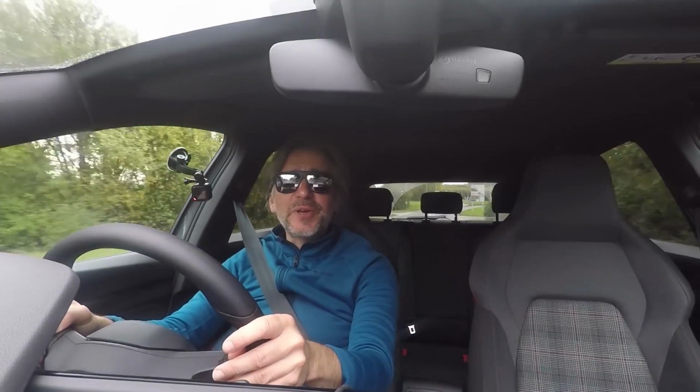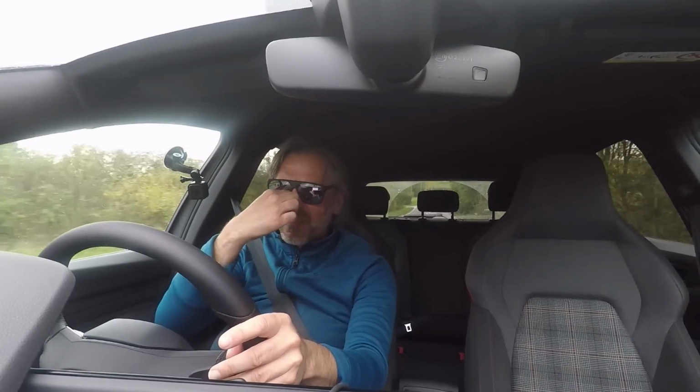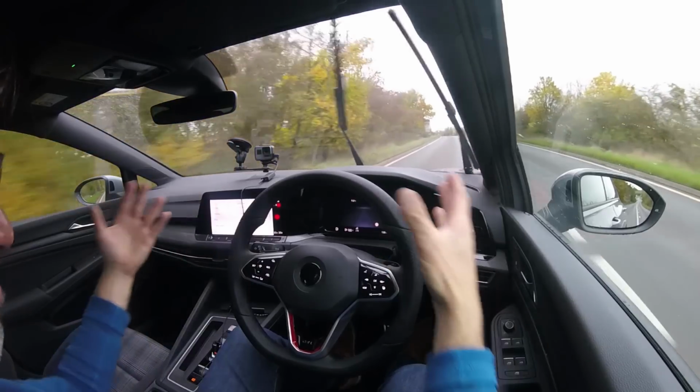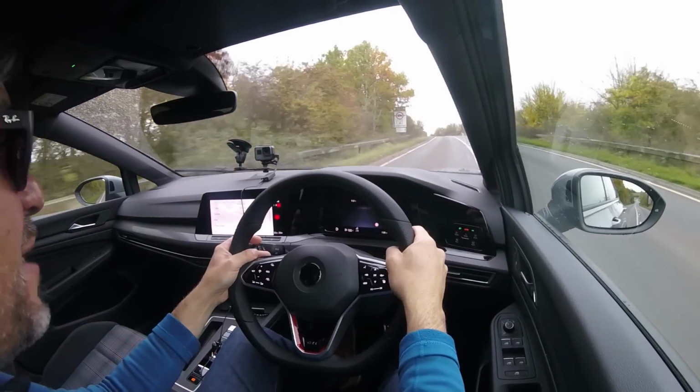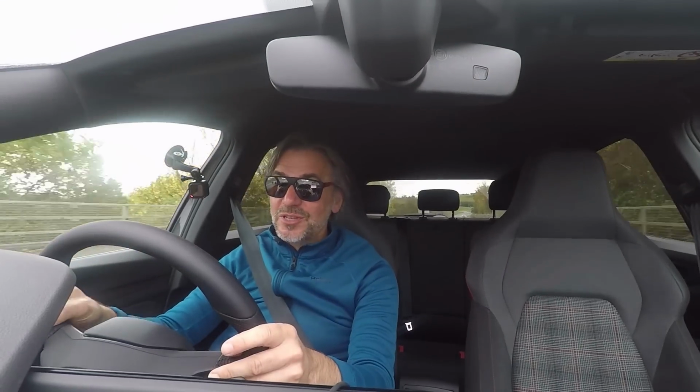Okay guys, here we are behind the wheel of the Golf 8 GTI. I can't believe I'm saying those words. I have to pinch myself to make sure it's true, but here we are. It's all thanks to the guys at Mk8 Volkswagen Cheltenham. I've been wanting to drive this car for a very long time and share it with you on the channel,